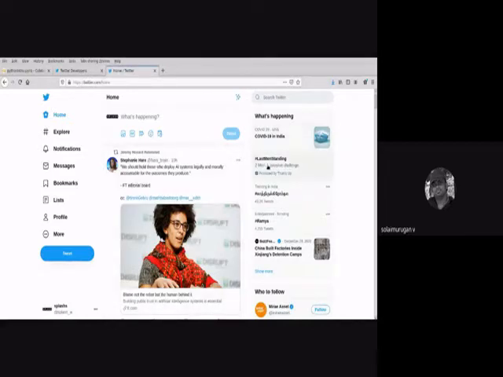So these are the things that are trending in our area, not globally, because the moment you log in, the trends appear based on your location. If you want, you can change these trending settings, the way you want to see them. Here, Karthik and Ramya are trending in our local area.